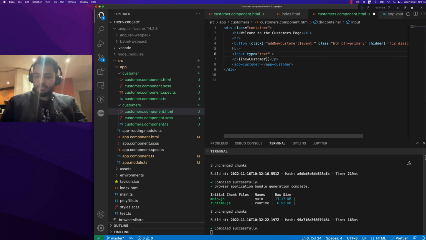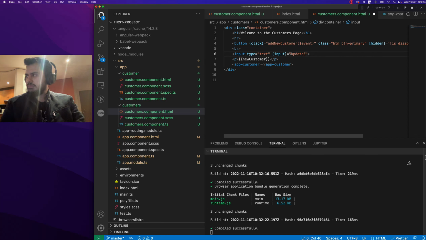And then I will bind to the input event. In the previous video, we bound to the click event for the button, but now we are trying to bind to the input event, and the input event will fire up and detect any keystroke which happens. So if I press any key on my keyboard, this input event will pick it up. And I will tell this input event that every input event has to be sent to